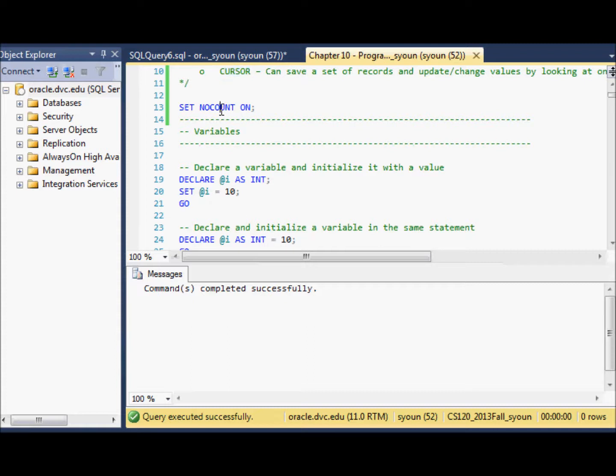Set no count on is that sets the return value. You will sometimes see how many records returned on the bottom, which can be set by no count on and off. So let's say if you set this on